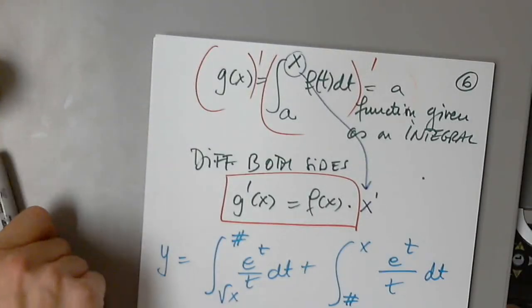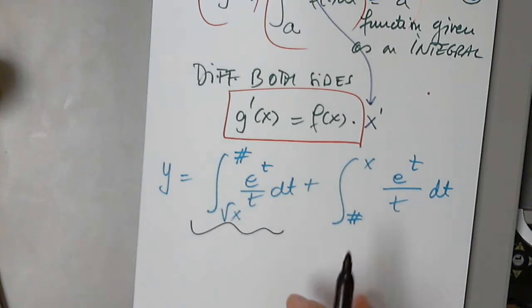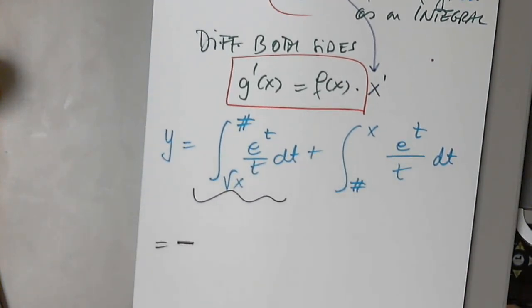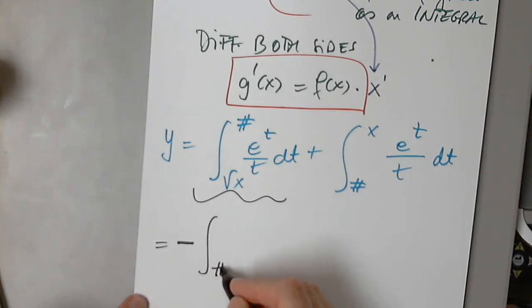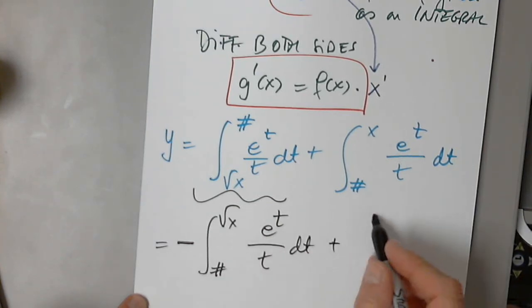And after this, I still have one more prep. This has to be reversed. I mean, the limits of integration have to be reversed. So then we know that there is a property of the definite integral. Every time we reverse the limits of integration, the integral becomes negative. Or opposite. From that to the square root of x, e to t over t dt, plus